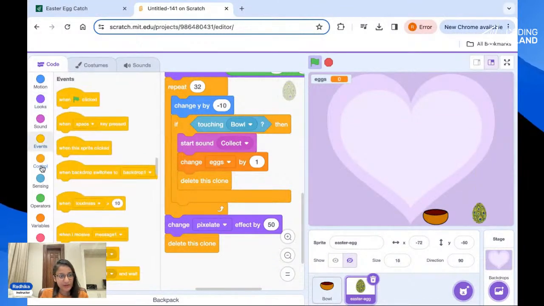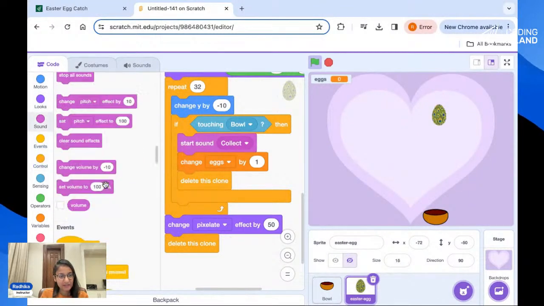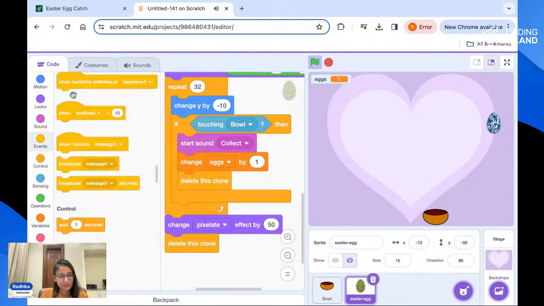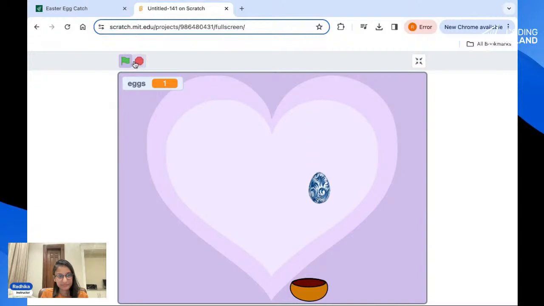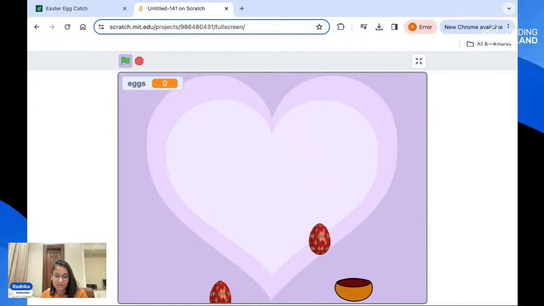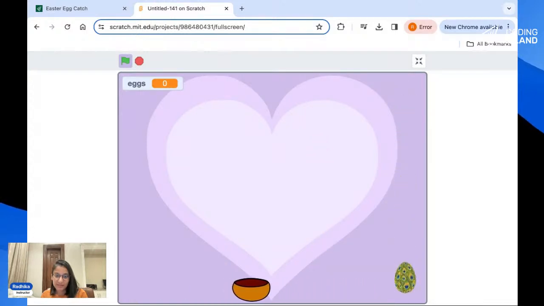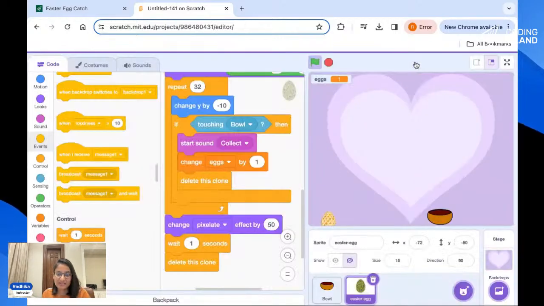So we need to wait for a minute before we delete, otherwise we won't be able to see that effect. Okay, let's see. You see, it broke. It's not that apparent because they are textured and stuff. So what you can do instead,